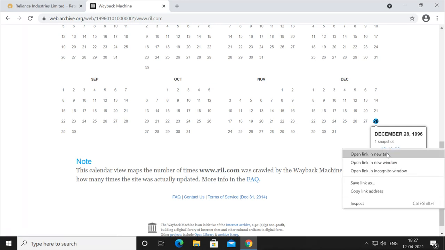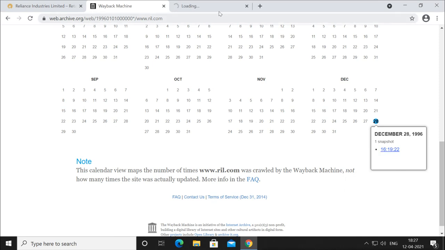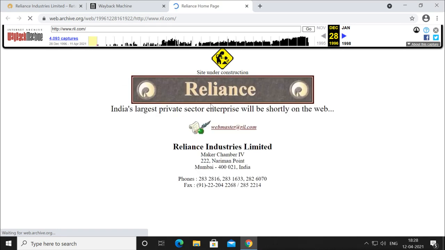If suppose I open it in the other tab, you can see this was the first page they developed, and actually it was saying site under construction. So this was the main page, the first page they developed in 1996.